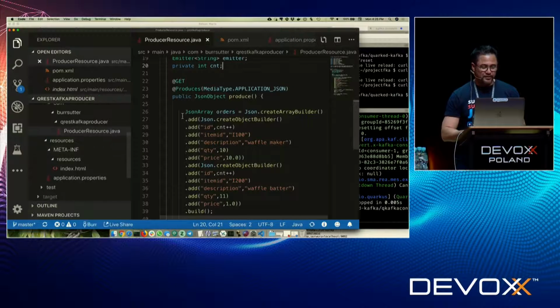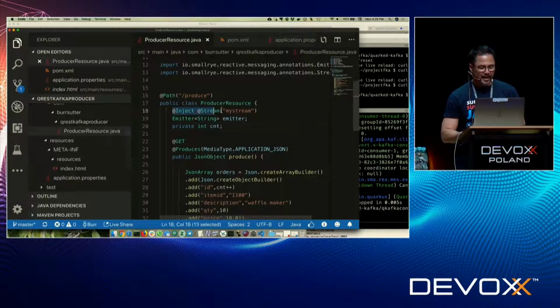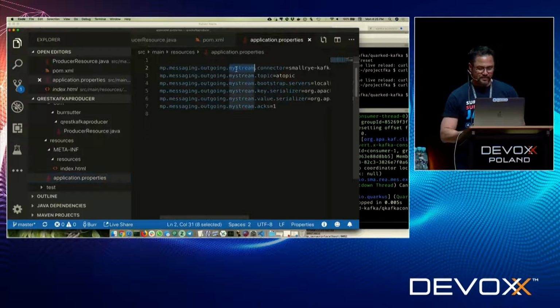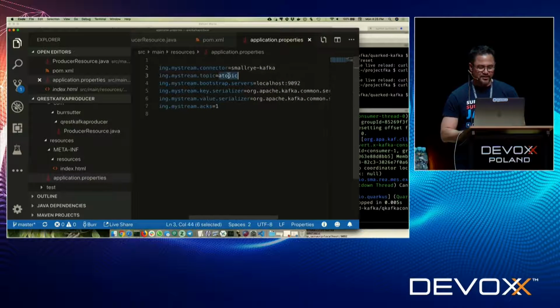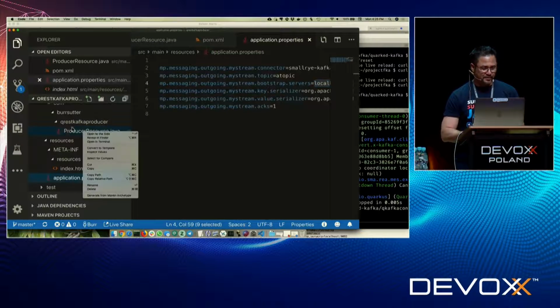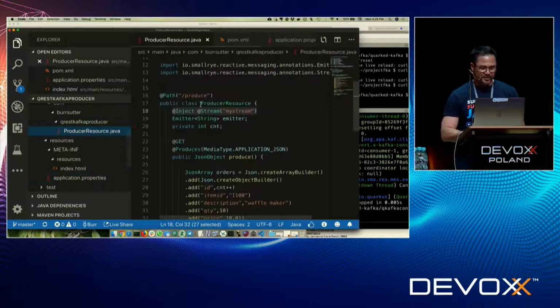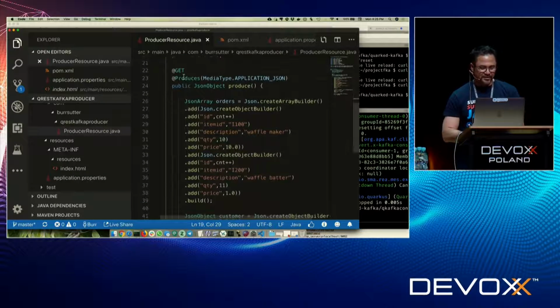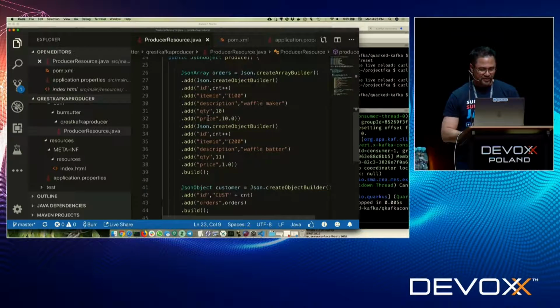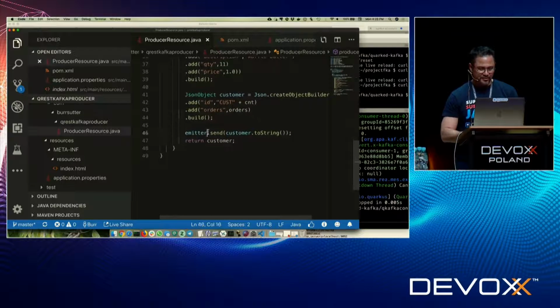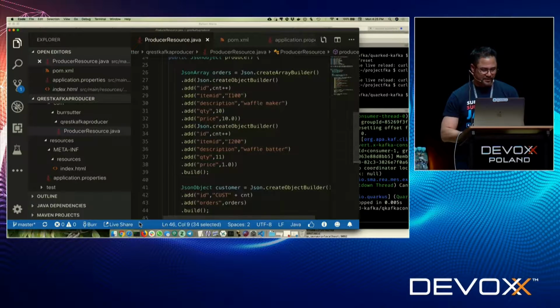I'm not sure if everybody uses Kafka, but the nice thing is you can basically say @Inject @Channel my stream. And again, that's defined in the properties, my stream, outgoing, my stream. And I want it to go to this topic in Kafka that Kafka is currently running on localhost in this case. It has these 2 serializers, both for the key and the value. And it's basically a simple setup. I set up those properties, and now I basically say @Inject my stream. And in this case, this code's job is to emit new messages based on the GET, and it's going to produce a JSON body that looks like this, and it's going to send, right? Very straightforward when it comes to the sender.